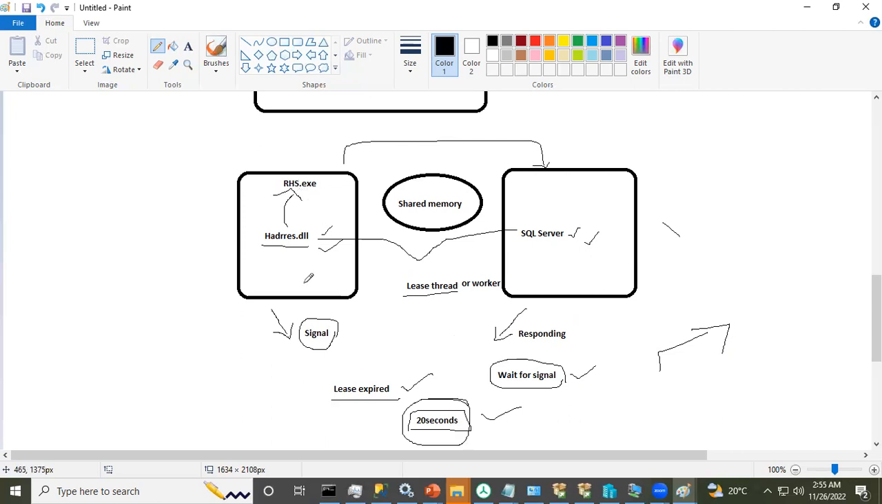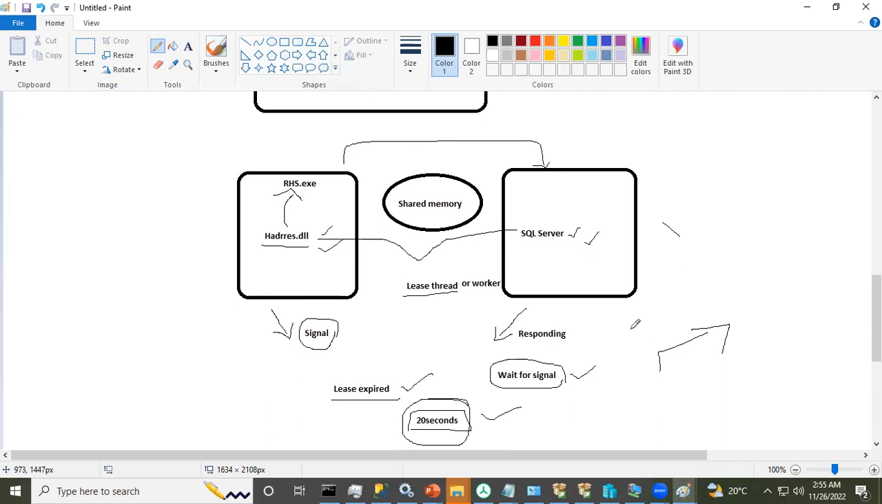RHS.exe sets an event, right? It is just RHS.exe. It is not a SQL kind of thing. It doesn't know what a lease is. The lease is for the SQL resource, right? So if the lease is expired, then it notifies the same to RHS.exe, and RHS.exe sets an event to Windows cluster, and Windows cluster will trigger a failover immediately if the lease is